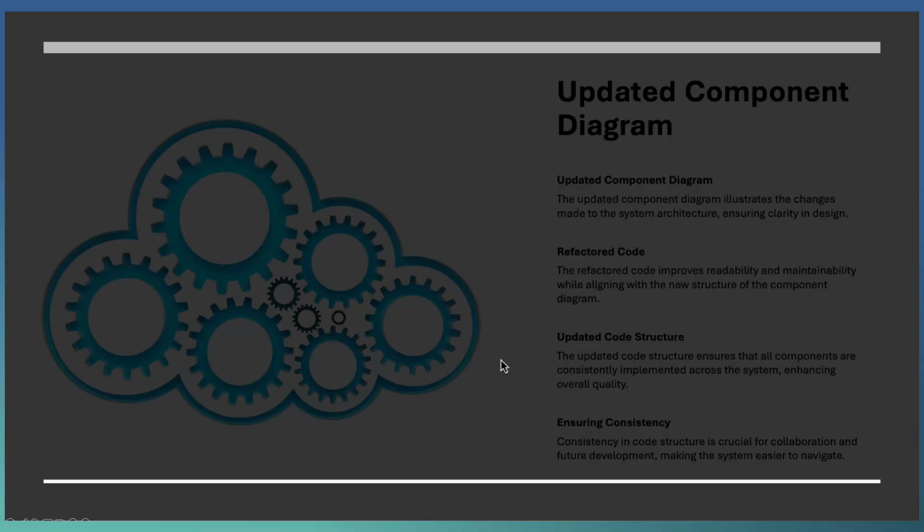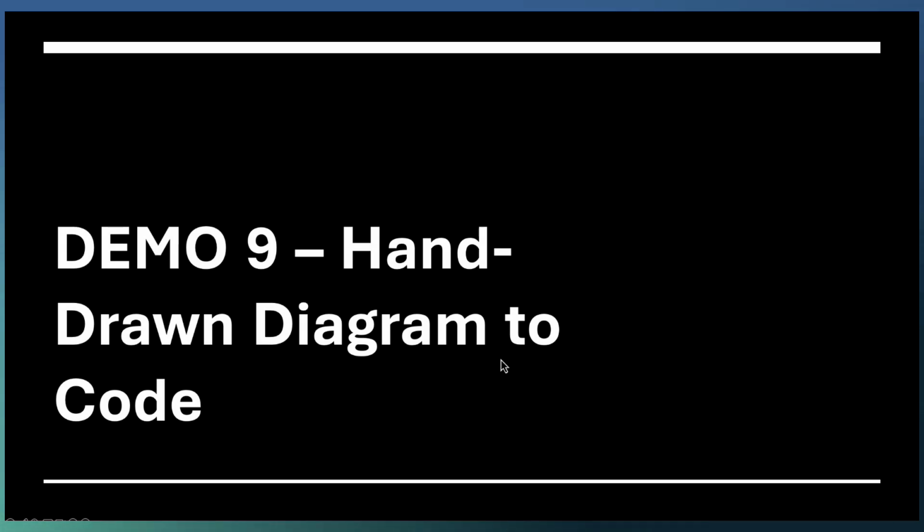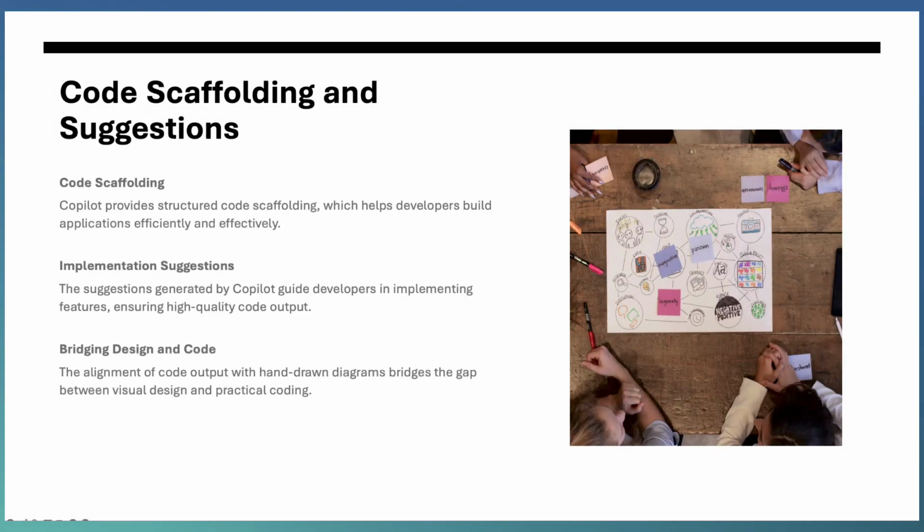Coming to another exciting feature, the diagrams need not be fine-tuned or created based on a computer system program or anything. You can use hand-drawn diagrams, a diagram out of your group discussion or sprint planning. Use that diagram. Copilot is able to read through these hand-drawn diagrams and get an insight out of this.